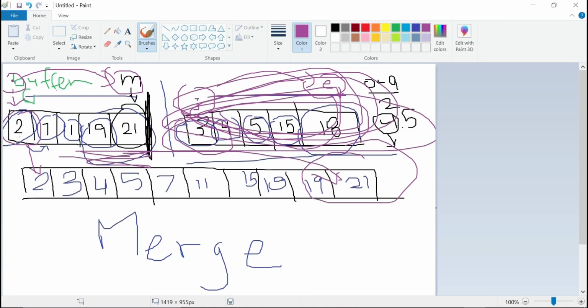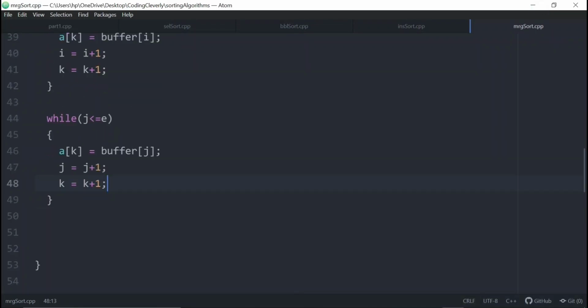This is k right here, so this portion is k, and it's just going to go 1, 2, 3, 4, 5, 6, 7, 8, 9, 10, all the way when it's done. So it just keeps on incrementing. You can see that j is over here, i is over there, and that's the process going on behind it. And then once we're done with it, we don't want this extra memory, we just delete it. So we just delete our buffer, and using this delete syntax, we're going to deallocate it from the